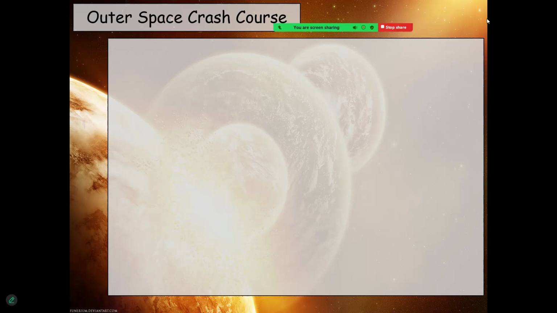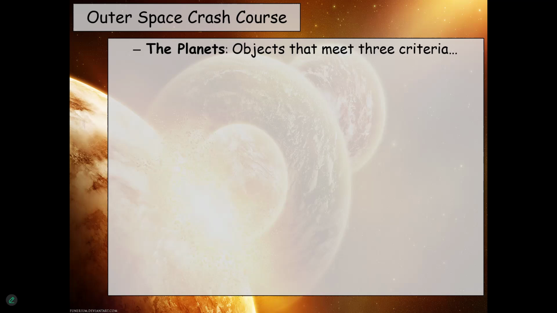But before we talk about the individual planets, we need to talk about what exactly a planet is. Because within your lifetime, more or less, we used to have another planet that no longer is considered one, which raises the question, what exactly do you have to do or be or not do or be in order to be considered a planet, right? Poor Pluto got demoted. Why? Well, let's talk about what criteria, what qualifications scientists use to decide if something deserves the classification of planet.